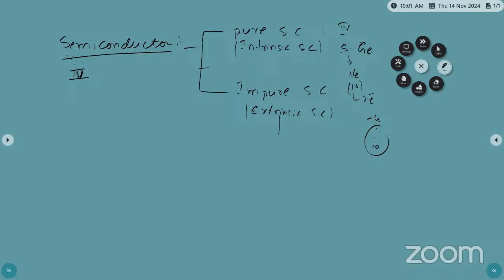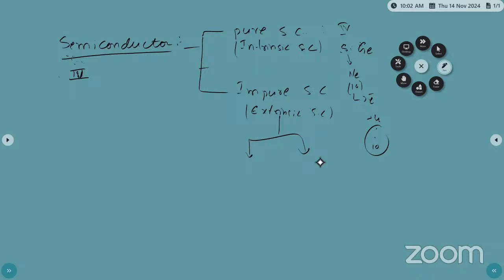The extrinsic semiconductors. How are we making the extrinsic semiconductor? By adding impurities to the pure semiconductors, the impurity or extrinsic atoms can generate. So why are we making the extrinsic and intrinsic semiconductors? Because to improve the conductivity of that material, we are adding